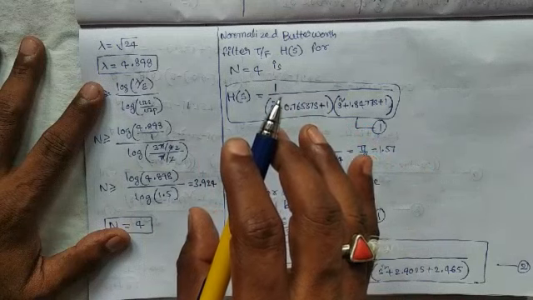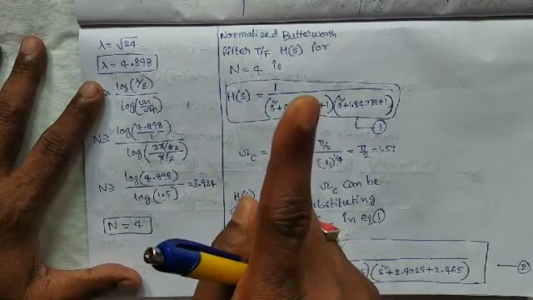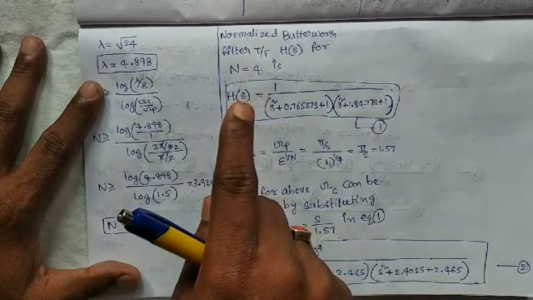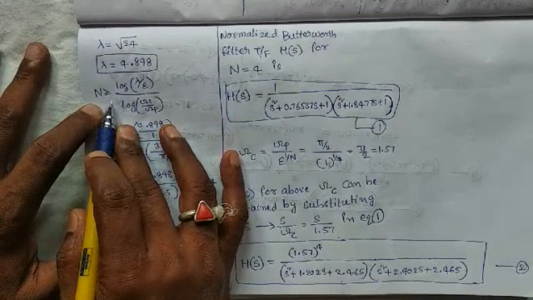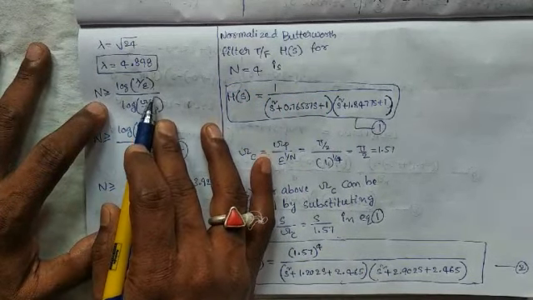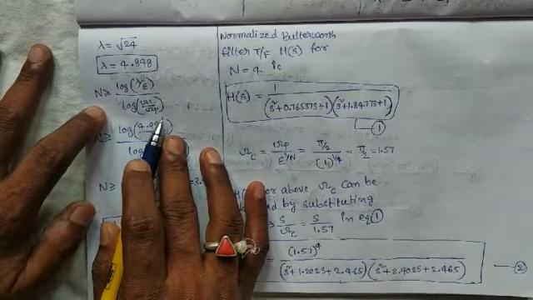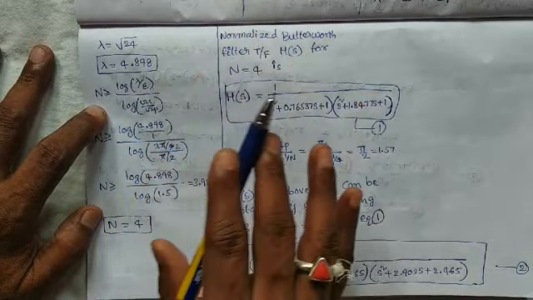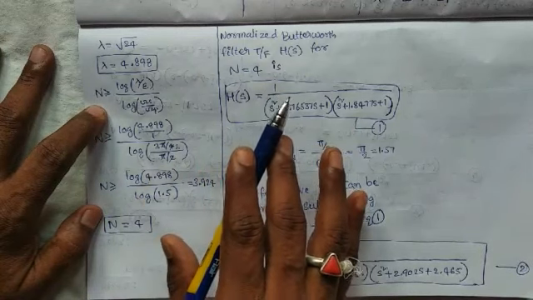To design the analog Butterworth filter, in the first step we are determining the order of the filter. How can we determine the order of the filter? Here n is greater than or equal to log of lambda by epsilon by log of omega s by omega p. Here we are designing the analog Butterworth filter and obtaining the analog Butterworth filter transfer function.